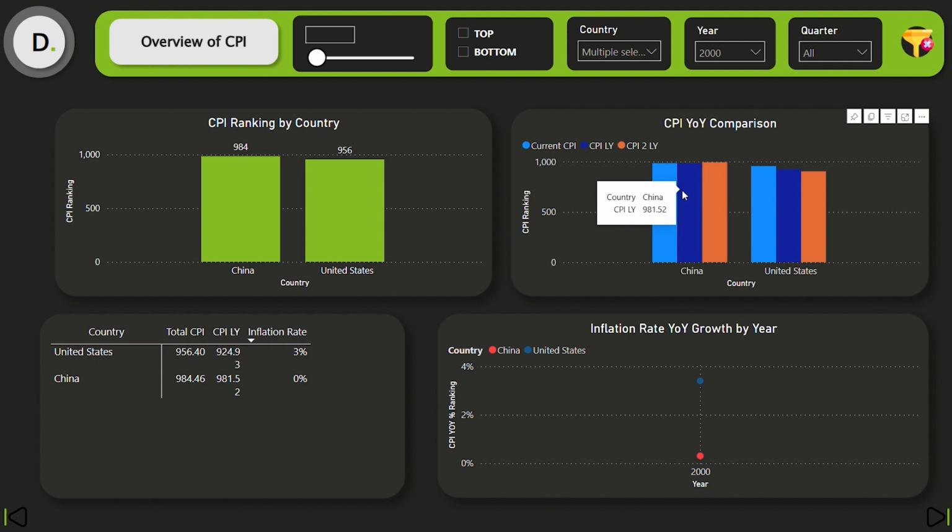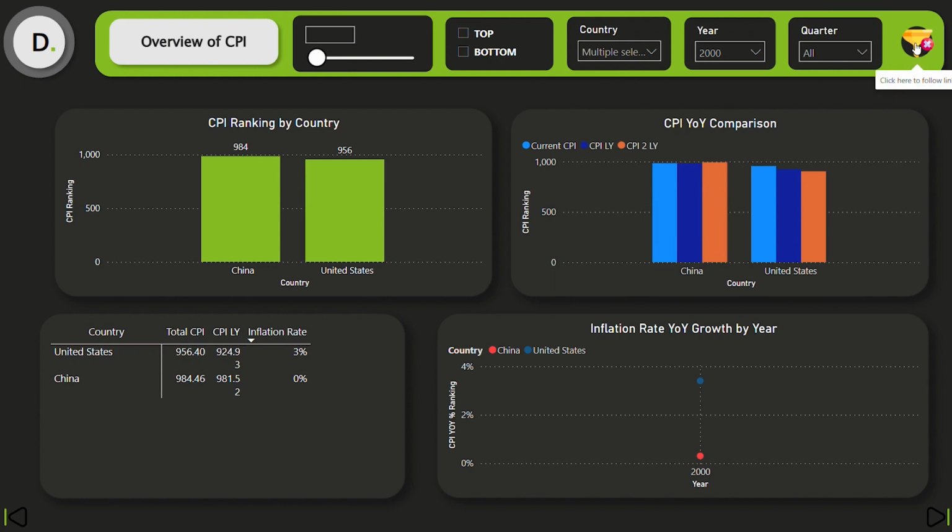And if we try to compare the same 3 years of data for China, we can see that in the year 1998, the CPI was nearly 995. Then in 1999, it decreased by 10 points. And then in the next year, the selected year 2000, it increased only by 3 points. So we can see which country has performed better. Comparing the years 1998 to 2000, we can see that China has performed a little better than the United